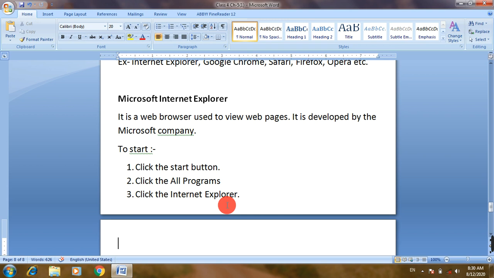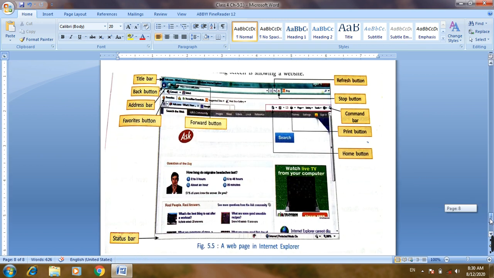When you start Internet Explorer, you will get its window like this. In the topmost section there will be the title bar, then this is your address bar, and in the leftmost part you can see the back button, and here are three buttons.